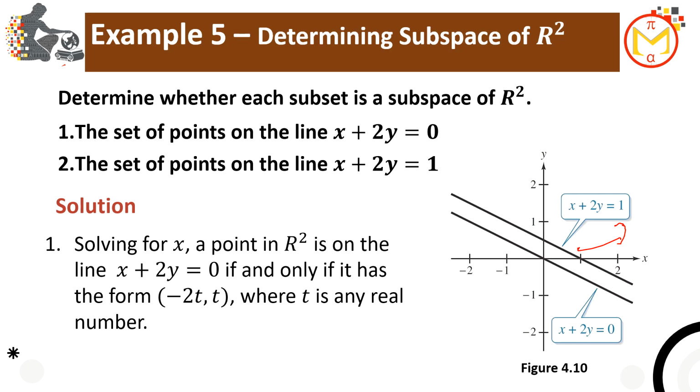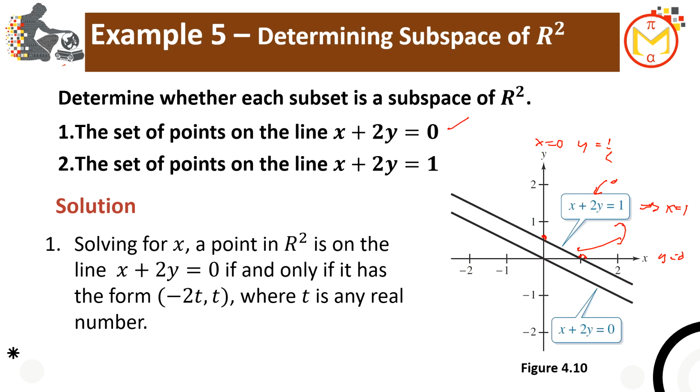If y is equal to 0, then of course x equals 1, so the line crosses the x-axis here. And if you want to determine the point when x is equal to 0, that is on the y-axis, then y is equal to 1/2. So that's why we have the straight line. Remember, these two are linear equations.